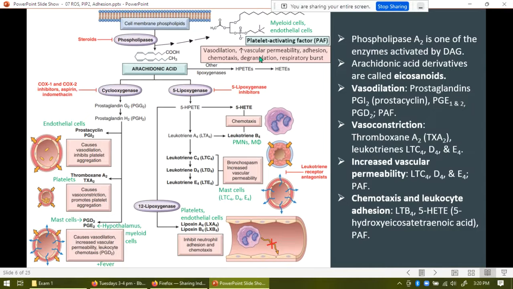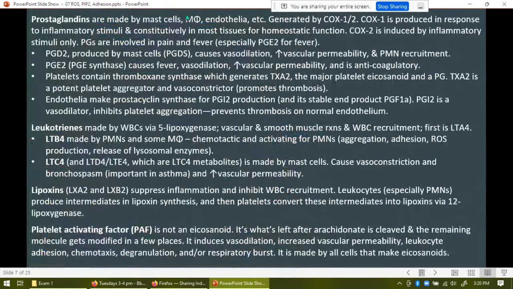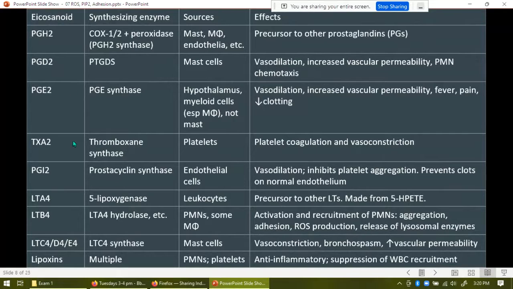Okay. This pathway here, not really within our scope though. But I figure familiarizing you with some of the names of these things may be beneficial to follow what's happening in class. Perhaps a bit too late for that though. This slide here, you can put it out of your mind. You don't need to worry about the eicosanoids. And then this is a table sort of simplifying them, but again, you do not need to know them. So